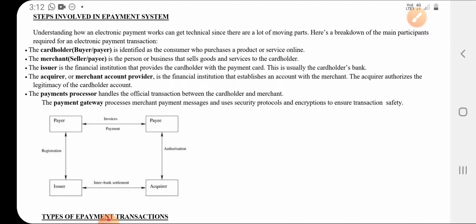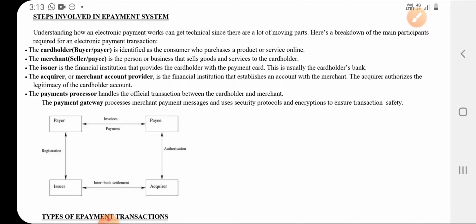So many of you have paid maybe for your exam or when buying things, you would have paid through a debit card or credit card. So what you will do, you have to select the type of card through which you are going to pay for the particular product, and you have to select the bank which provided the particular card, and you have to enter the PIN number. Okay, so when you are entering the PIN number, your transaction will be connected to that particular bank. Then the amount will be transferred from your account to the payee's account, that is seller's account.